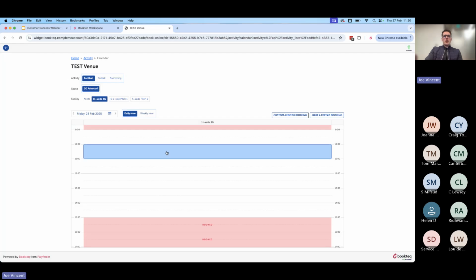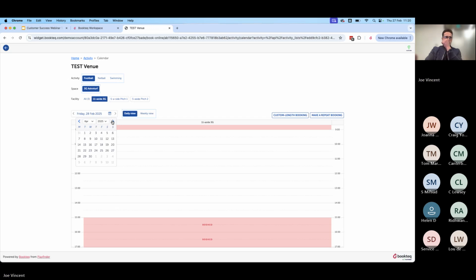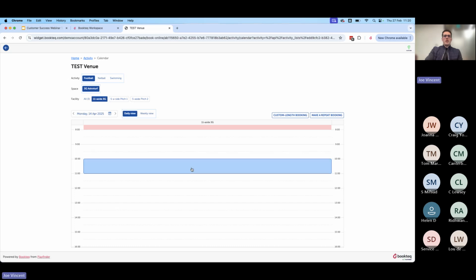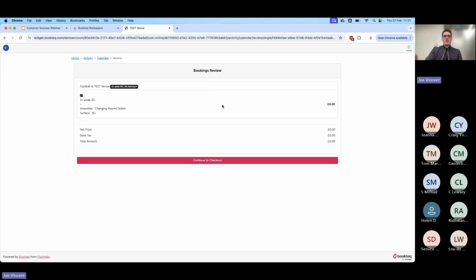Whereas I've created a price scheme for this one as well. So if we skip to a different date on here, if we go to April, so April the 14th here, we select this price scheme, and you can see that the price is £110 an hour rather than 100, because we've set this up on the custom pricing for the 11-a-side. So if we just go into here as well, just so that you guys are a bit more familiar with it,